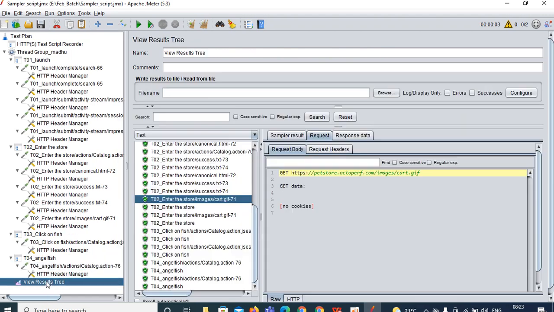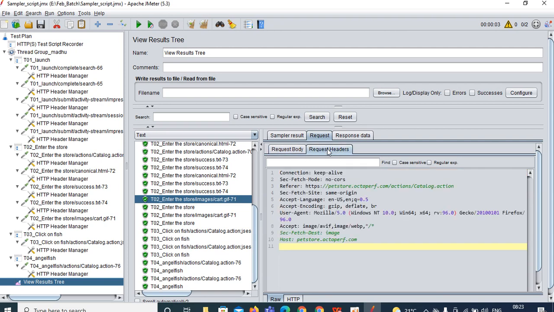Going forward you will come to know about that. If you have any post method, whatever data you are sending to the server will be populated under the data over here. Next, click on the request headers. Whatever supporting headers you have sent to the server will also be recorded, and will be shown over here under the request headers.